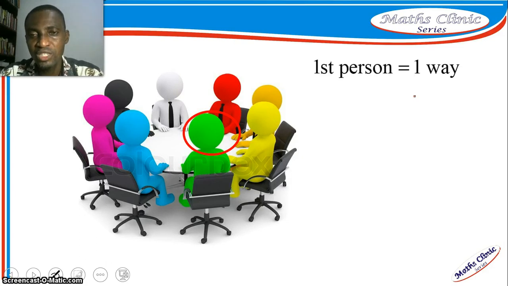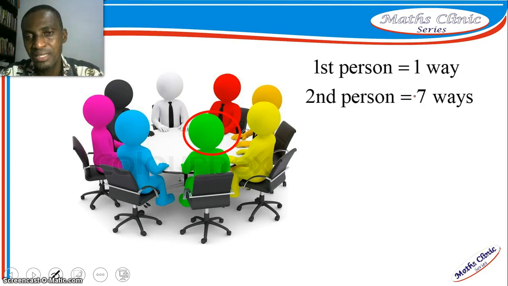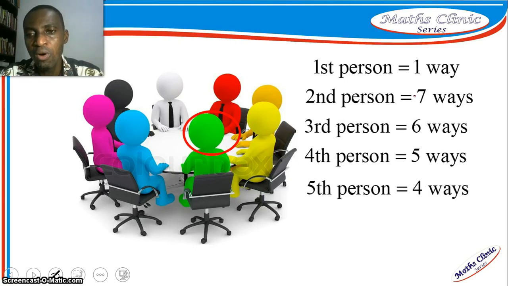Assuming the first person is seated before any other person comes to sit, the first person has only one way to sit. So we can say the first person is one way. Now after the first person is seated, the second person will have 7 different ways of sitting. The third will have 6 different ways, and it will go on and on